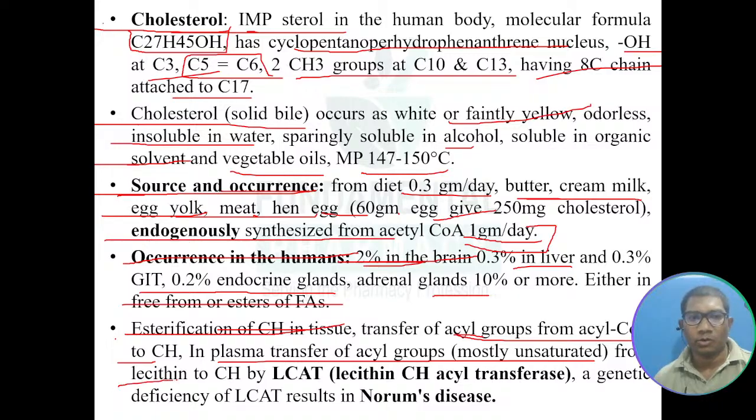from the lecithin, which is a phospholipid, to the cholesterol by the one enzyme known as LCAT, lecithin cholesterol acyl transferase. So cholesterol acyl transferase enzyme होता है in the tissue that will transfer the acyl group to the cholesterol. But in the plasma, the same thing is done by LCAT, lecithin cholesterol acyl transferase. And if there is a genetic deficiency of this enzyme, lecithin cholesterol